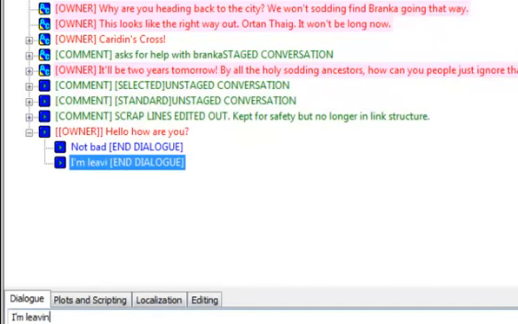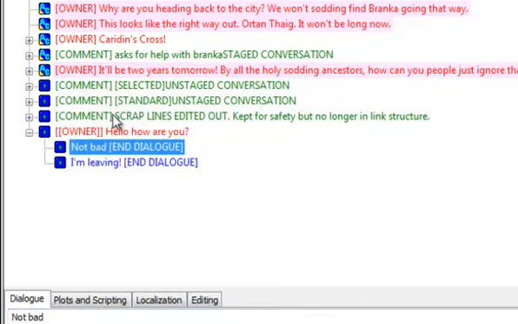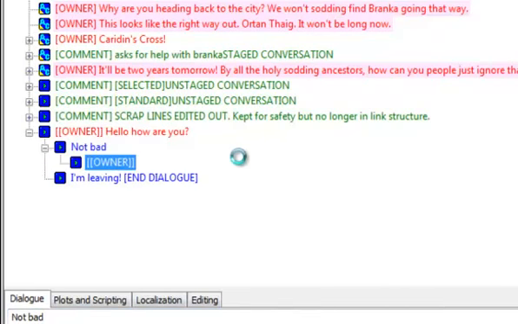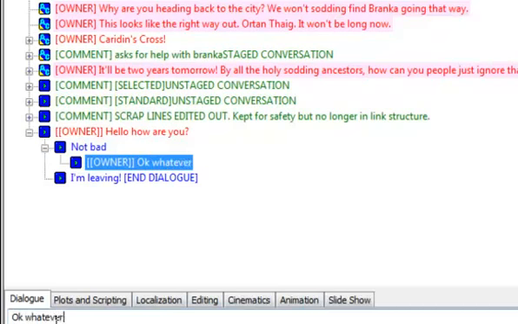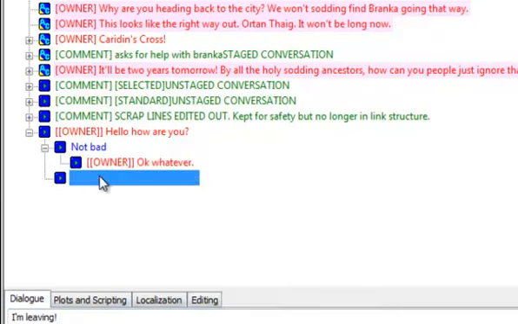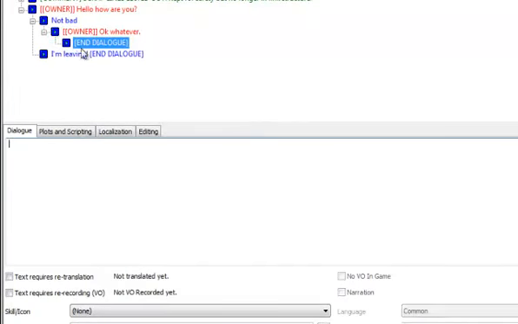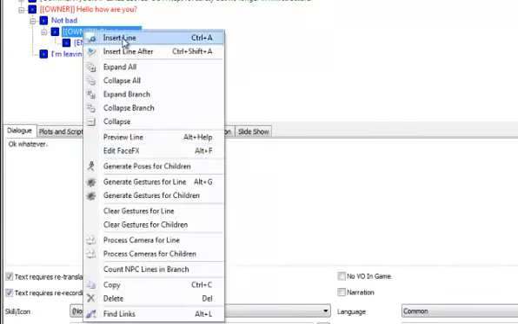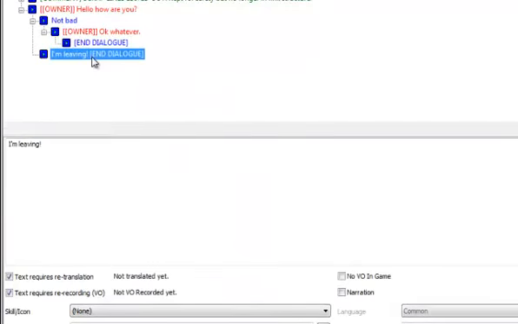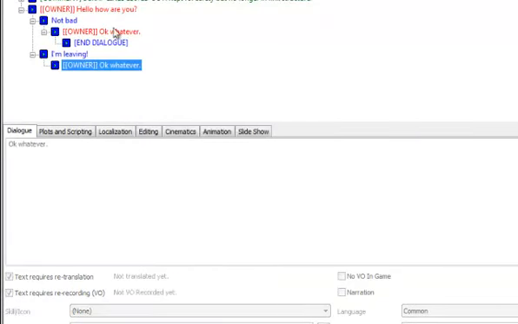And I'm leaving. Okay, and then he will reply with okay, whatever. And then I'm going to copy this. I'm going to insert an end dialog line. I will copy this and I will paste as a link.